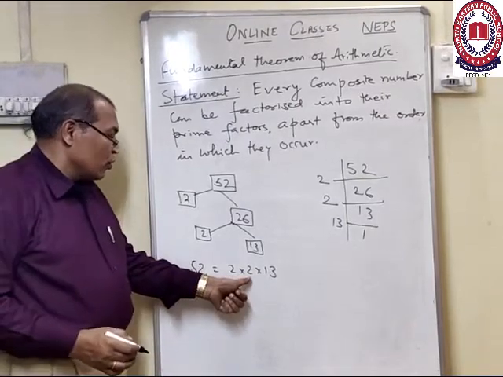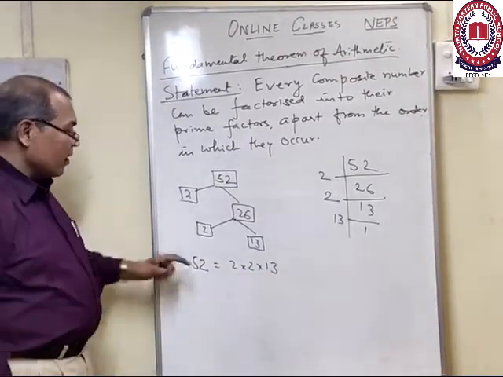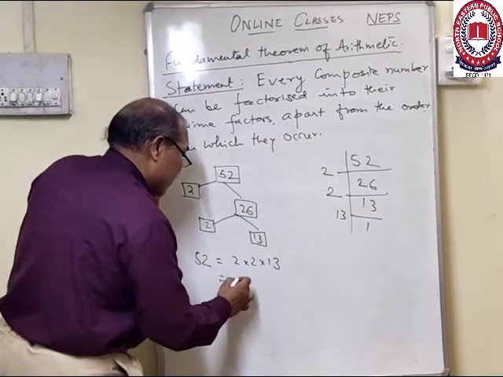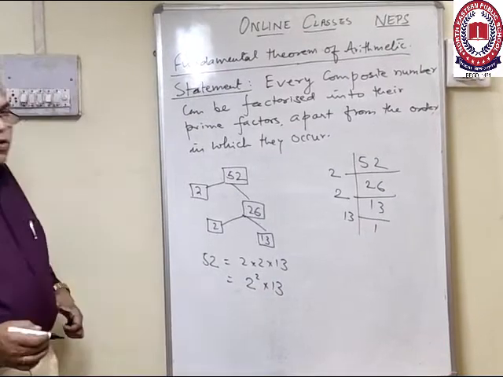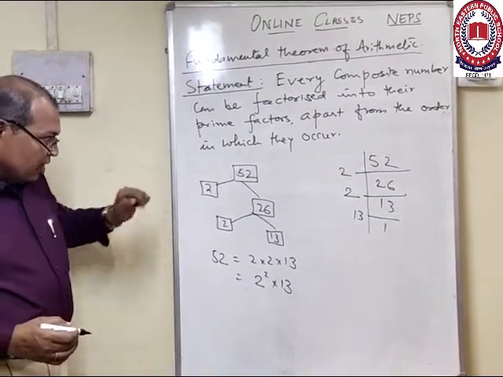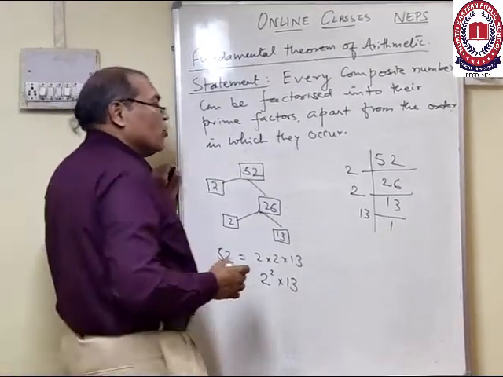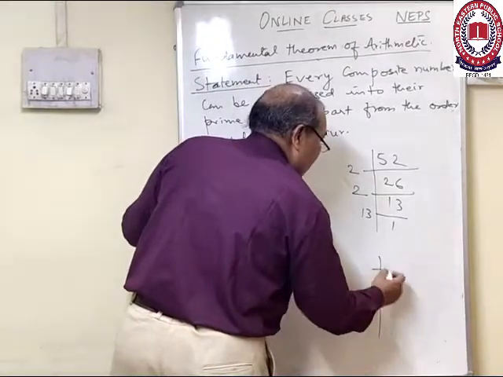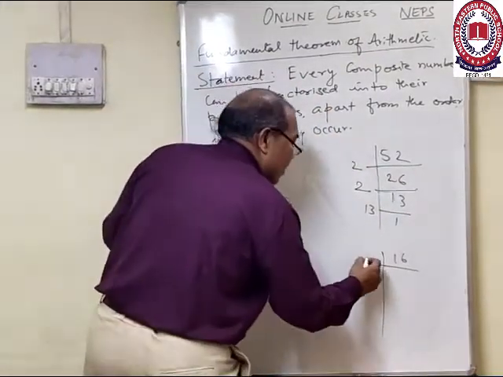So 2, 2 and 13, these are the prime factorization. Likewise, we can express these as 2 square into 13. In this basis, when we are given another number except 52, suppose we are given another number 16, whose prime factorizations